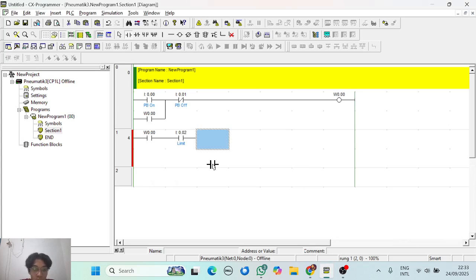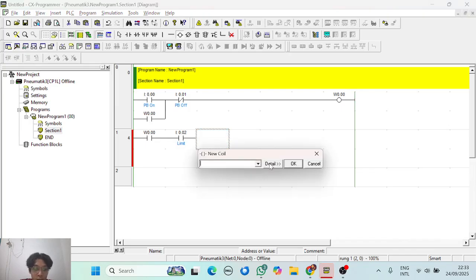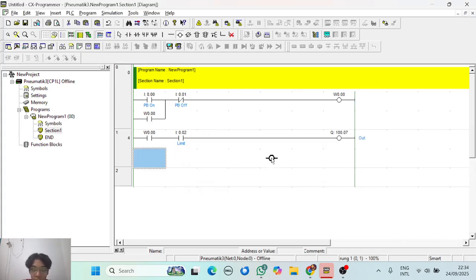Okay, and we add the output. We add this on 100.07. We name it out. Okay, this is the output of the program.